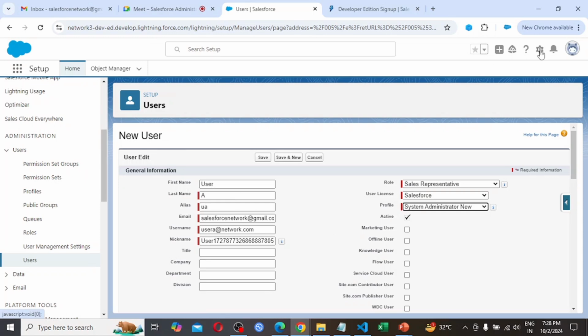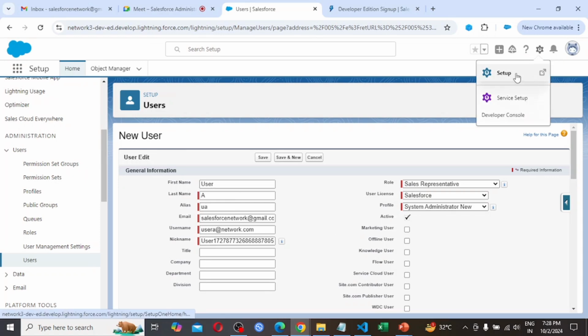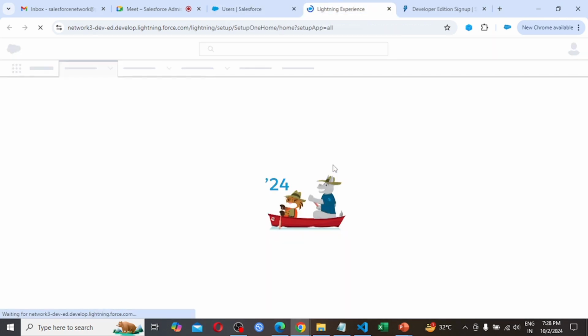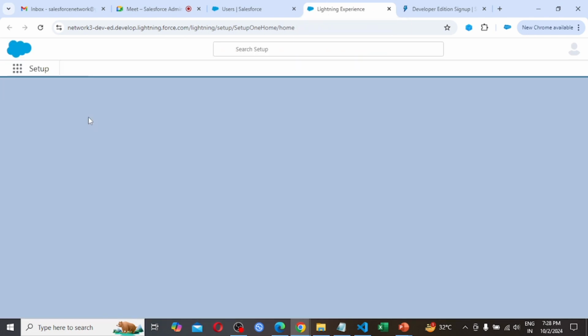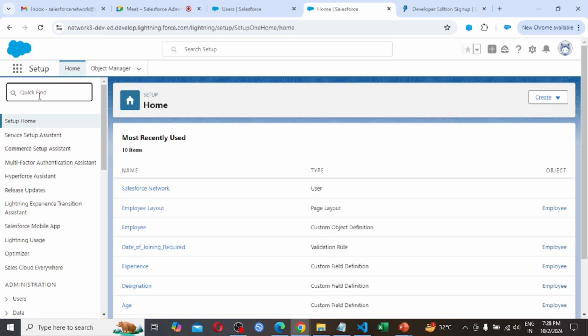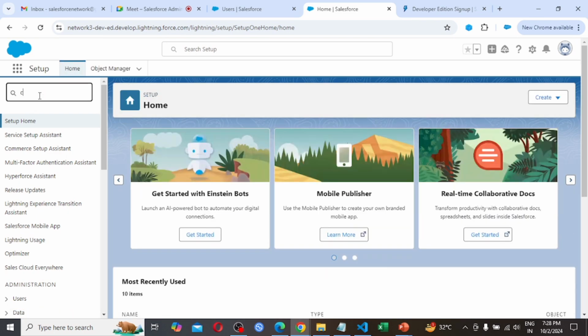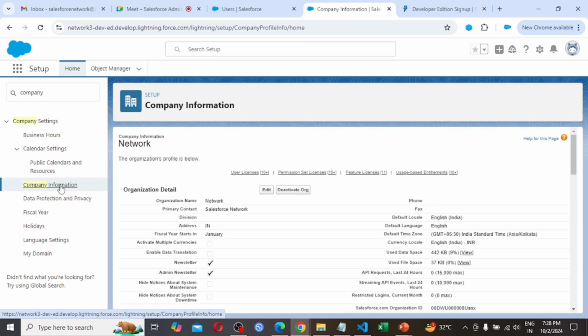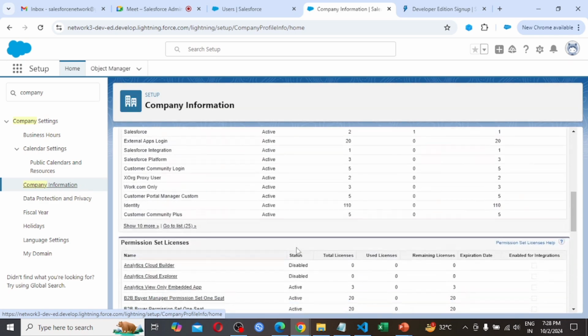So just click on setup, choose setup, hold the control button, it will open in the new tab. So I think I have to look for company information. I think it should be company information.